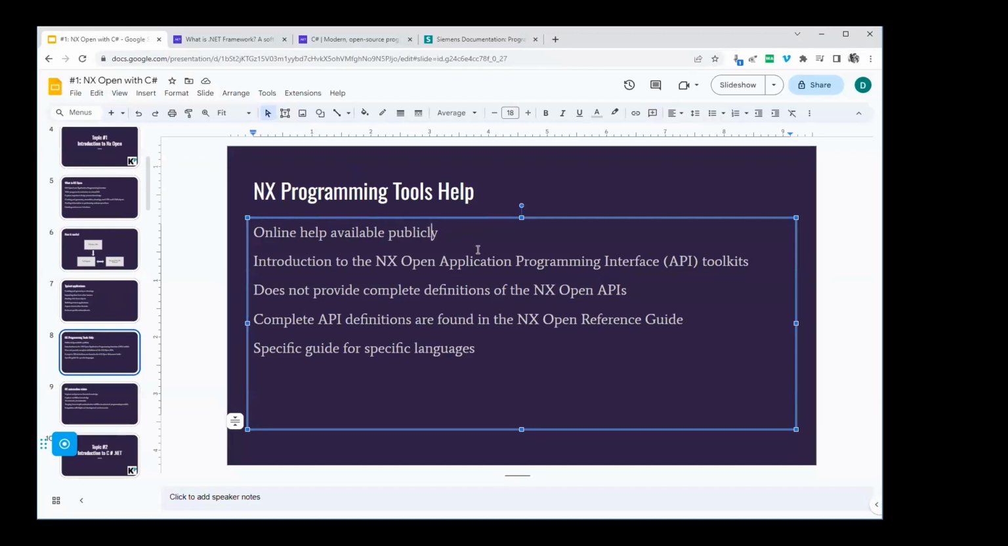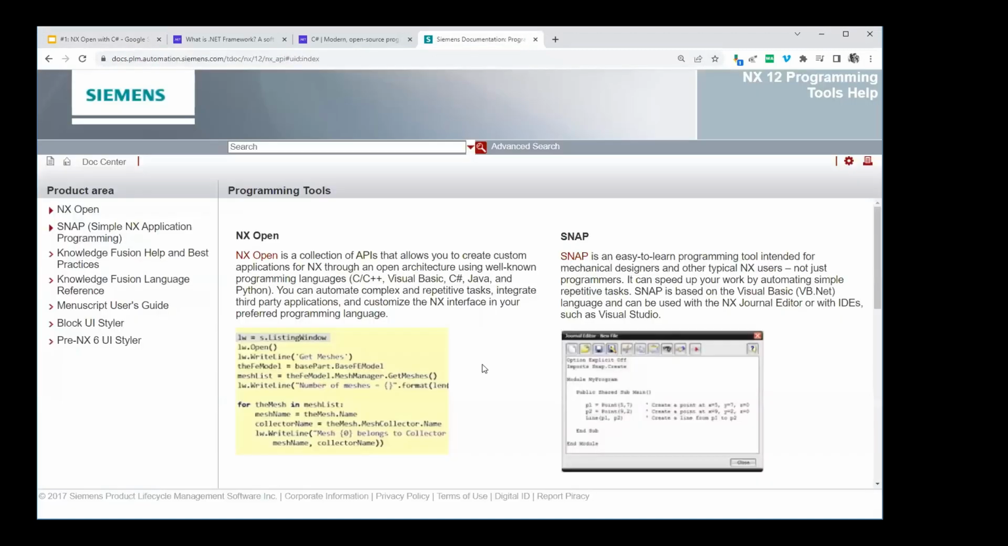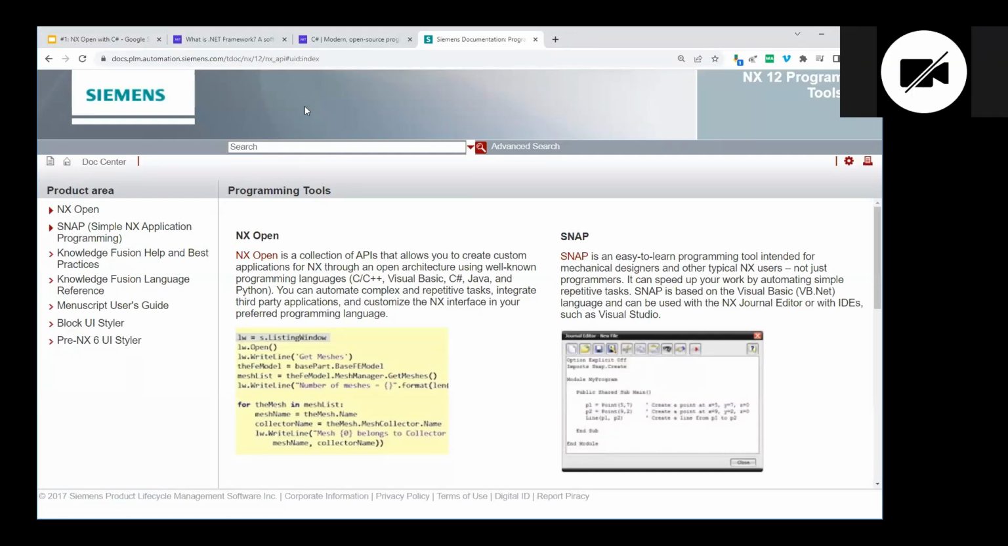So the beauty about this is that this help is official documentation, but it is available publicly. So we can anytime refer to this and find out whatever we are looking for. Then inside this documentation, the important thing to know or go through is the various programming tools available in Siemens. So NXOpen